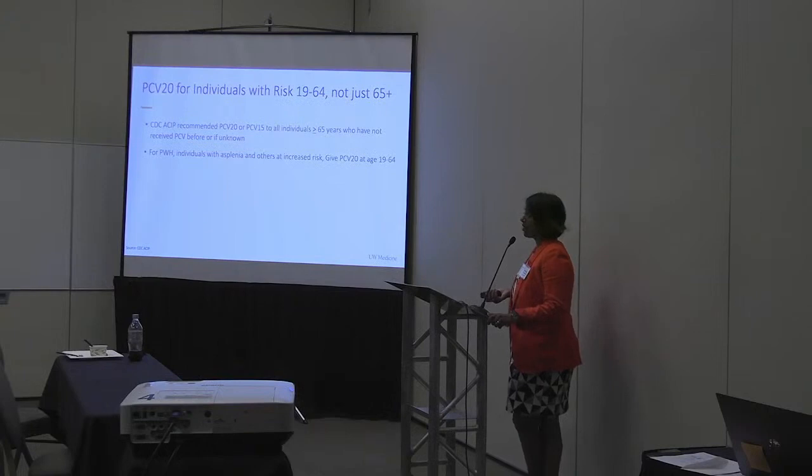But it's not just immunocompromised folks like asplenic or functionally asplenic folks or people with HIV or other immunocompromising conditions. The list of individuals at risk for invasive pneumococcal disease is actually quite large, and includes many of the patients we care for with chronic liver disease, chronic lung disease, chronic heart disease, smokers. So it's many people that we see that we should be considering for pneumococcal vaccination before the age of 65.